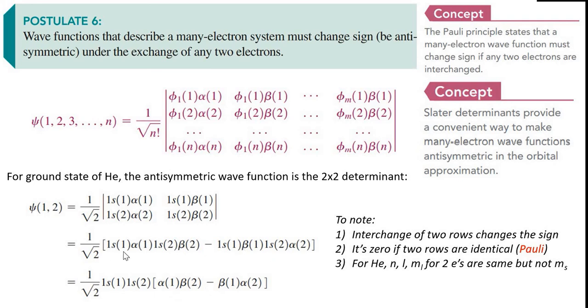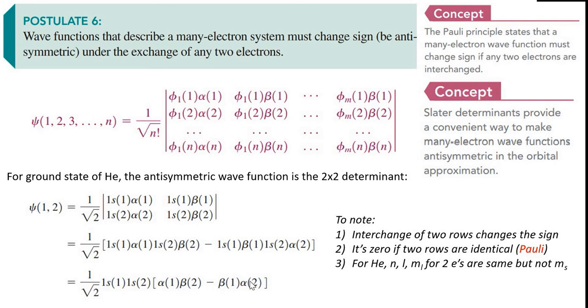Okay. So this is the wave function it proposes, keeping in mind that it is supposed to be antisymmetric because of exchange of two electrons. Now you try to exchange electron 1 and 2. That means wherever you see 1 you put 2, and wherever you see 2 you put 1. Then you see the result. What would happen? This 1s1 1s2 remains the same, because if you put 2 here and 1 here, it remains the same. Basically it is the product of 1s1 and 1s2. So after exchanging it will remain the same.